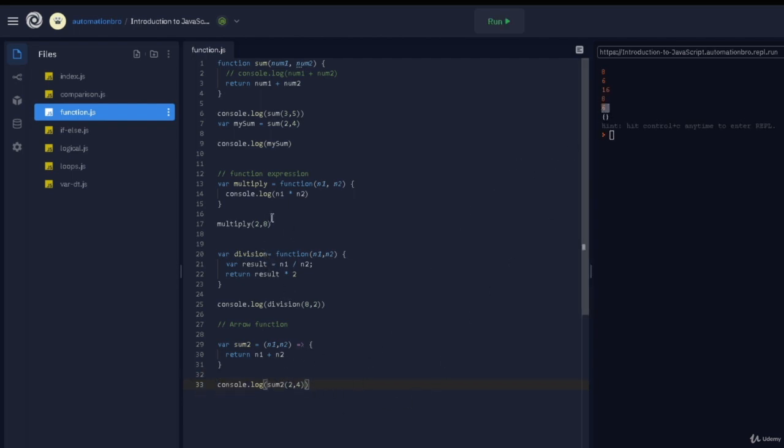Another way commonly you're going to see in new code bases is it being used this way. So you're going to do sum2, n1, n2, and this. And the advantage of using an arrow function is I can actually convert this into a single line of code. So instead of doing this, what I'm going to do is copy it here, paste it here, and then comment this out. So remove my curly brackets and then directly just do n1 plus n2. And if I hit run now, there you go, we got the value 6 again. So we just converted this 3 lines of code into a single line of code. So that's the advantage you get with arrow functions. You can basically convert your big block of code into a single line.